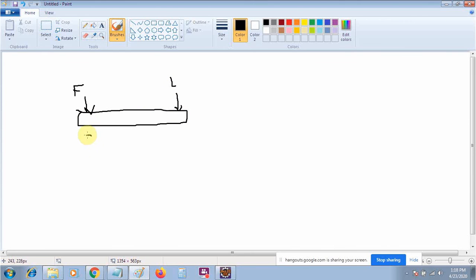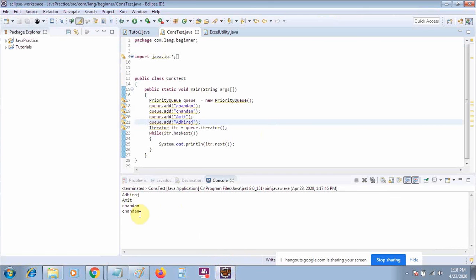Suppose a person is standing here, and here is a second person. So it is a queue: in the order they have entered, they will exit in the same order. Means first in, first out, last in, last out. But in the stack it is not like this. So always just see the sequence in which it is printing.